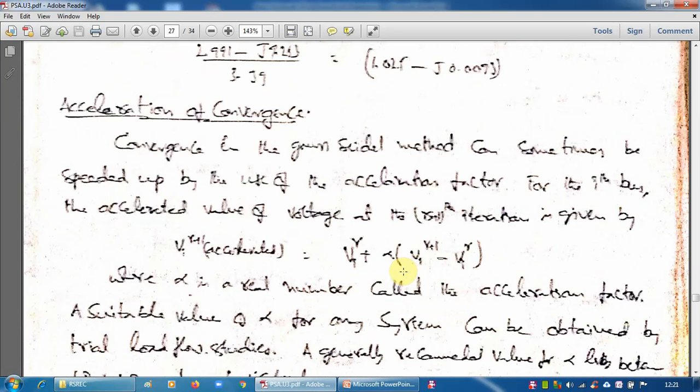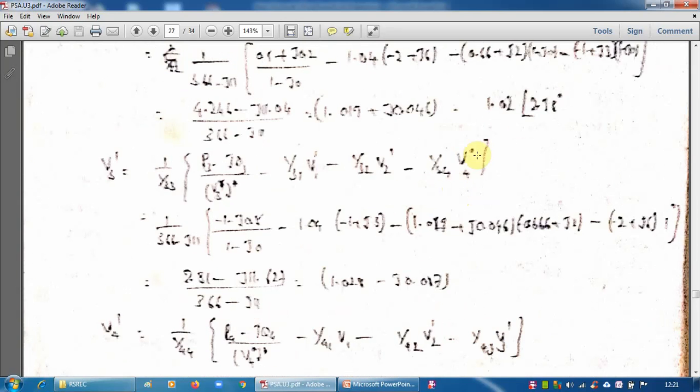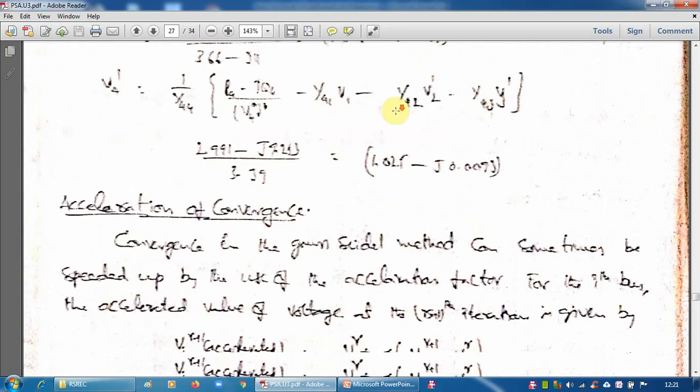So like that we will go in the Gauss-Seidel method for load buses, that is PQ buses. For these buses only, voltage and angles are calculated. You see, voltage is here, angle is also included in this. If we express this in polar form, magnitude is this, angle is this. We calculated both the values, angle and magnitude. So like that we will proceed in the Gauss-Seidel method.